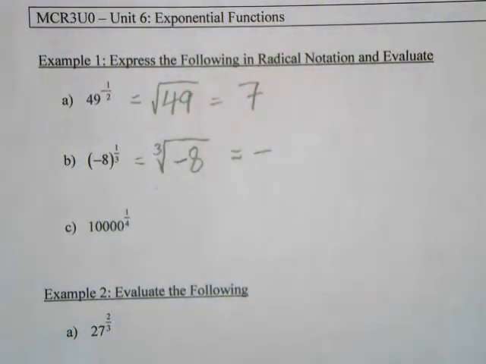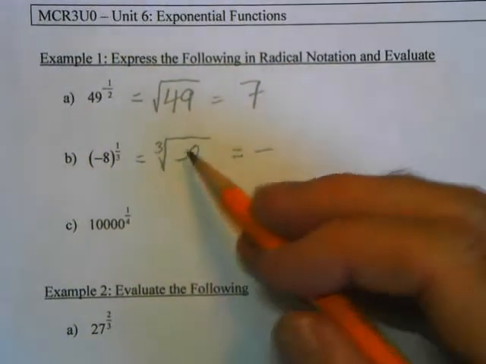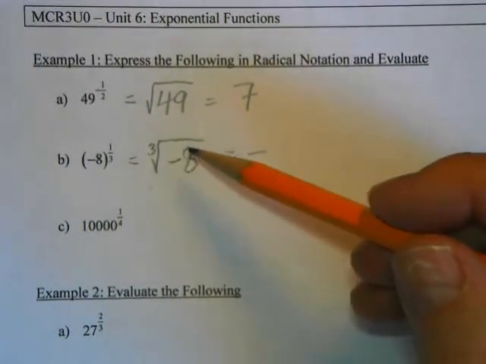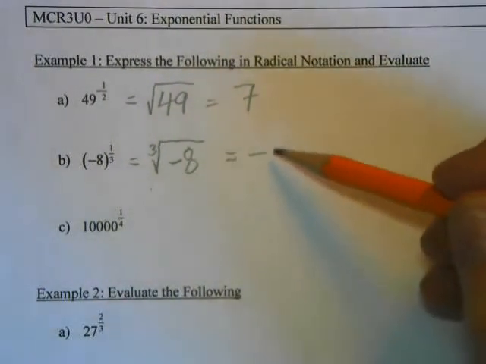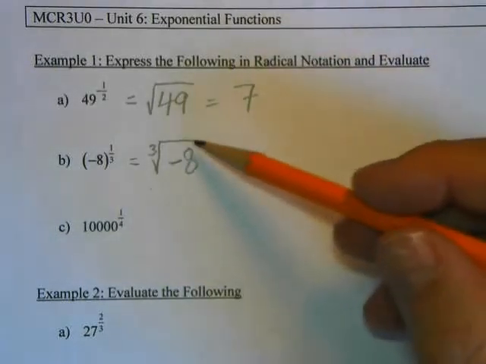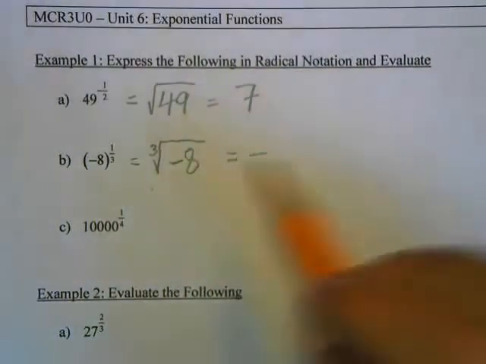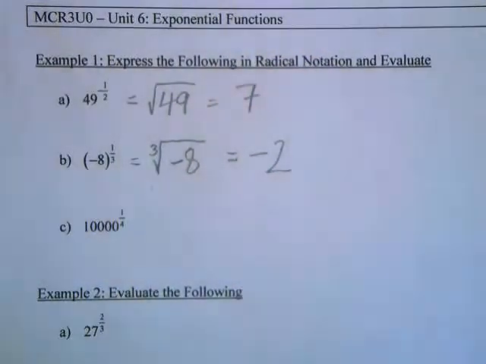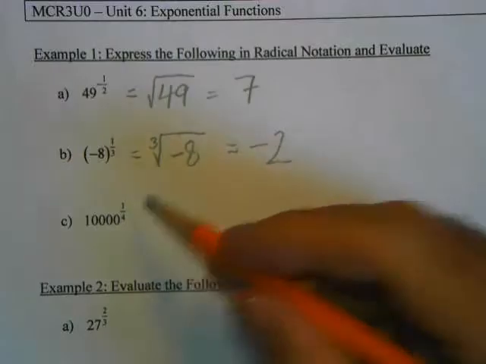Okay, and you can just play around with it. It's not 1, because if I cubed -1, I just get -1 again. If I cubed -2, I will get -8. So the cube root of -8 is -2. And here we have